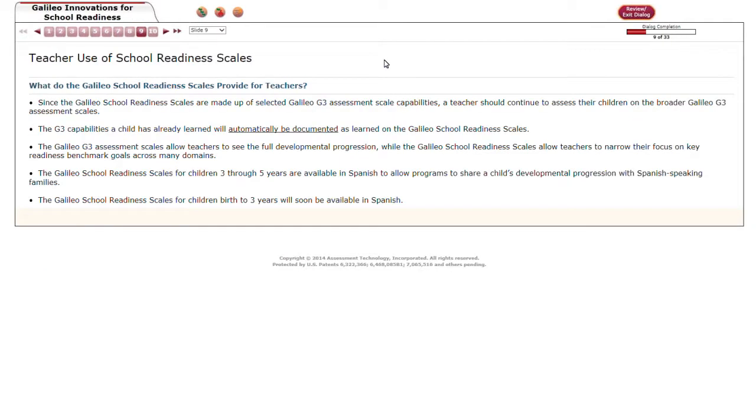I want to now just quickly go through how teachers and administrators are using the readiness scales, and then I will be turning it over to Sarah to start to talk about the research. As I mentioned earlier, the readiness scales are drawn from the Galileo G3 assessment scales. These are the capabilities that are very specific to readiness. These readiness scales allow the teachers to fully document children's development and help teachers to narrow and refine their focus on the readiness goals for entering